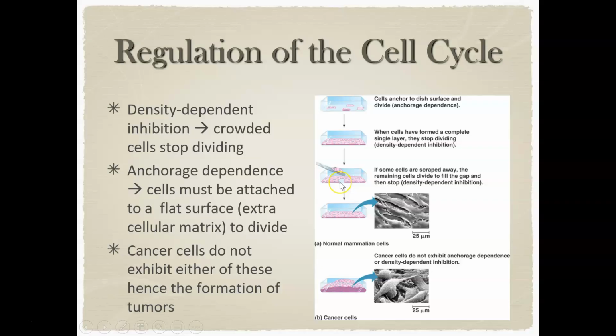If something were to happen like a paper cut, and you damage some of these cells, they go through that apoptotic process because they're now damaged, they die off, they get destroyed, then the cells surrounding that damage should recognize that there's now a space, get stimulated to go through cell division, and fill back in the gap. And that's this idea of density-dependent inhibition. Inhibition means to stop something. You're not allowed to proceed. If we're density dependent, we're dependent on the number of cells surrounding us. So they should fill in so that everybody's touching each other, but nobody's crowding over top of each other.